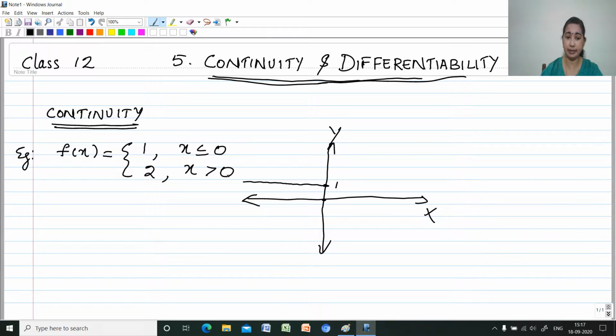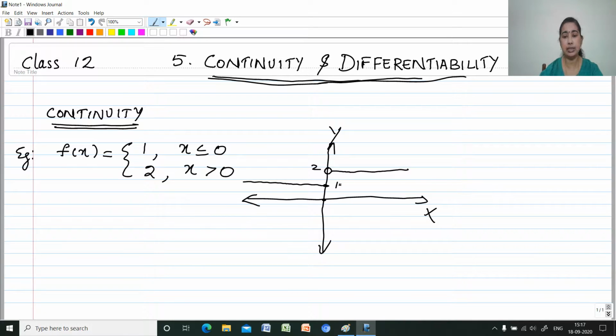Then what about x greater than 0? If x is greater than 0, at 0 it is 1, so at 2 there is no solution. The image is not there at 2. So when x is greater than 0, it will have an image only for values greater than 0. When x is less than 0, it will all be on the negative side, the full set. All the numbers less than or equal to 0, the function will be at 1, whereas if it is greater than 0, the function will be at 2.